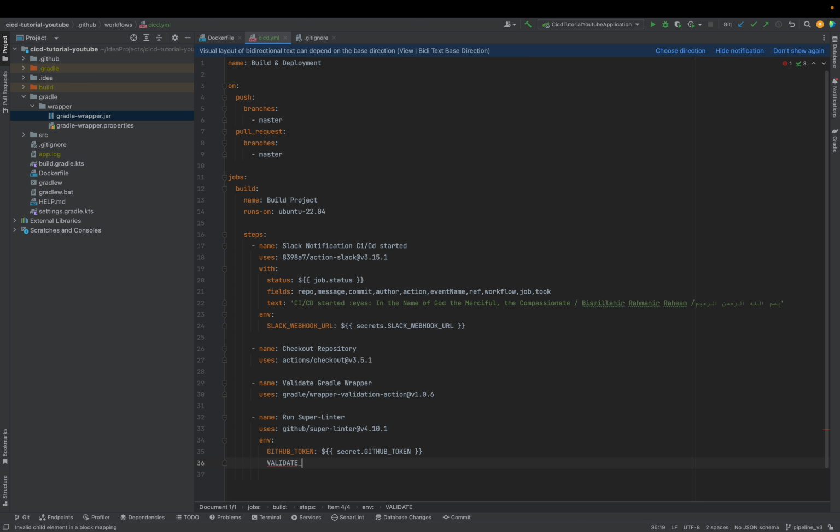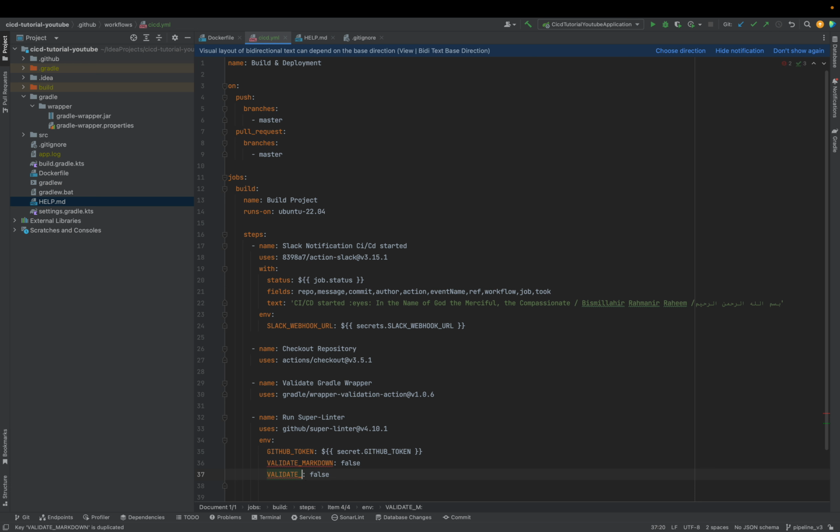So VALIDATE_MARKDOWN, say false. I don't want to validate some markdown files like this help, or later when I add the README, I don't want it to get validated because it's just unnecessary. Why should you look for the formatting of a markdown file? Same for